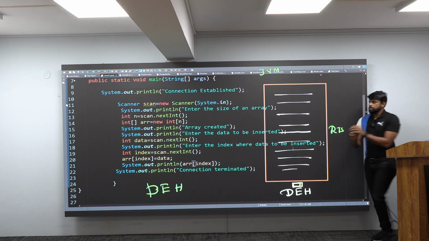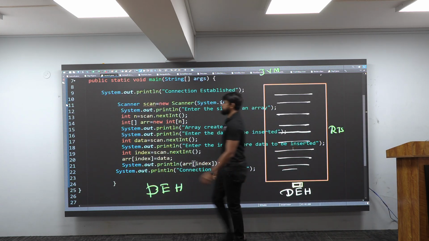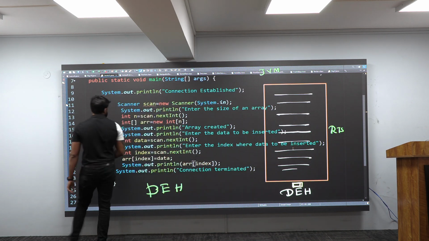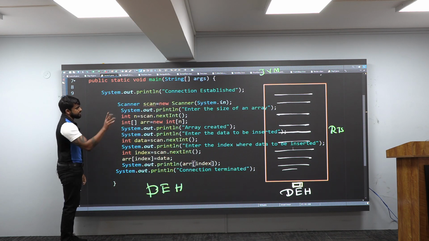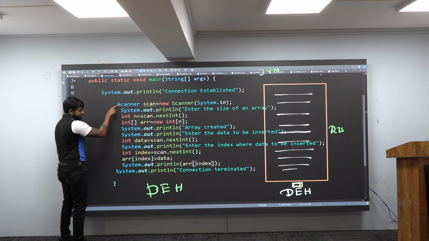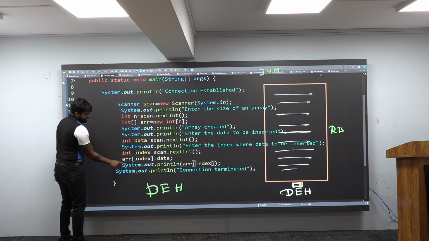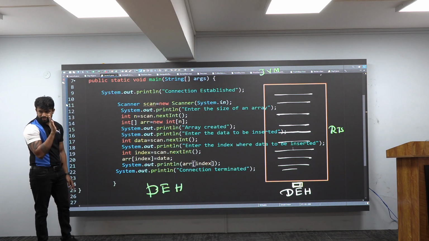Very simple. First, try. How will you try? You should put the risky code there. What is the risky code? From here till here, all of them are risky code, because I will not take any risk.